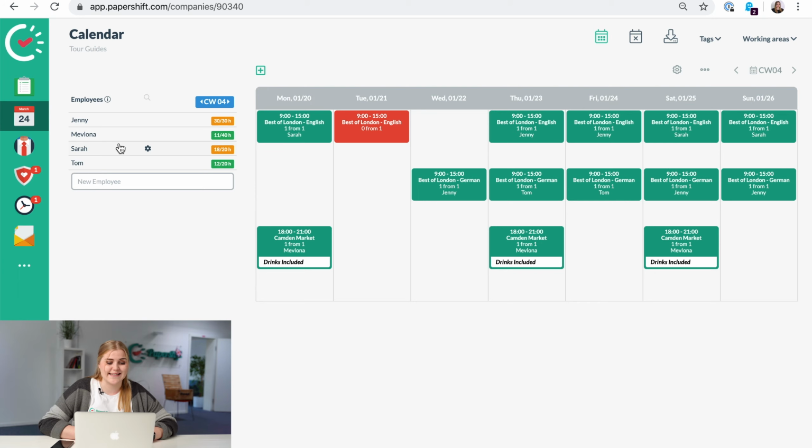The next thing that I've done is I've already added a few employees. Not everyone is working full-time, of course, so I've put them down as 20 hours and have allocated them to the tours the way they've applied. We can see here now that we have got one tour that is still left to fill, which is here